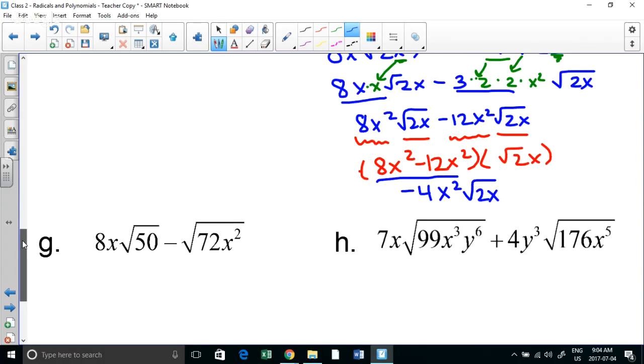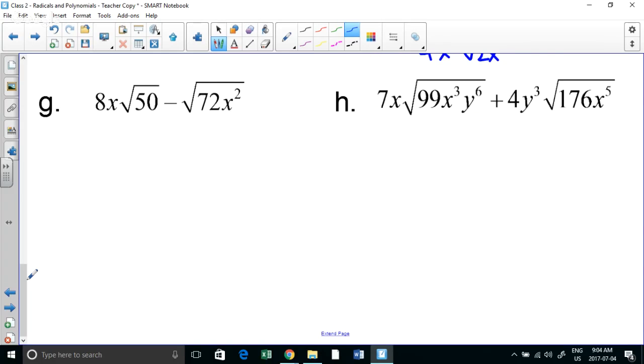Oh, we'll do H because it's the trickiest. Just gives us a little bit of a last hurrah with this. Like I said, same thing though. We take it one step at a time. All right. So we have quite different radicals. We're going to